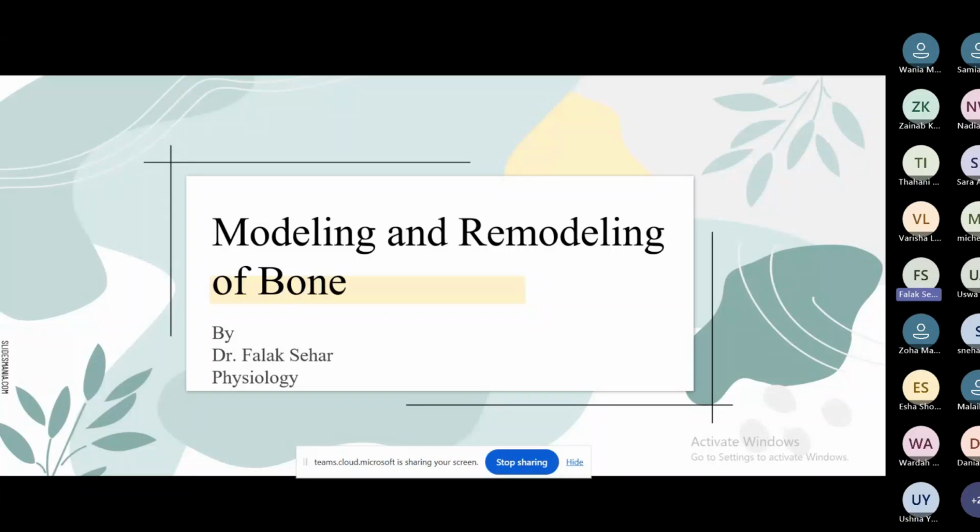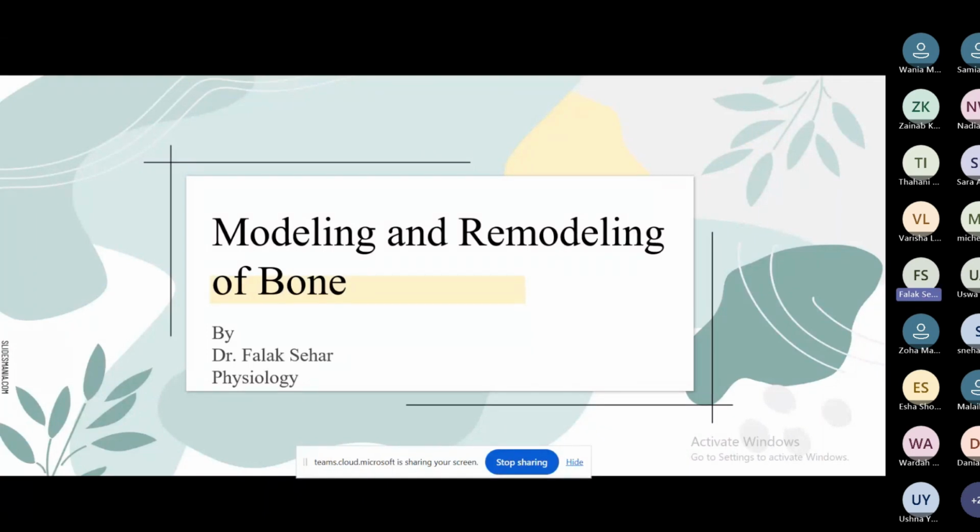So today we are discussing the physiology review on modeling and remodeling of bone. Many people think that bone is a rigid and inert structure, while in reality, bone is one of the most dynamic tissues in the human body. You know that nearly 10% of the adult skeleton is replaced every year through a continuous process of bone modeling and